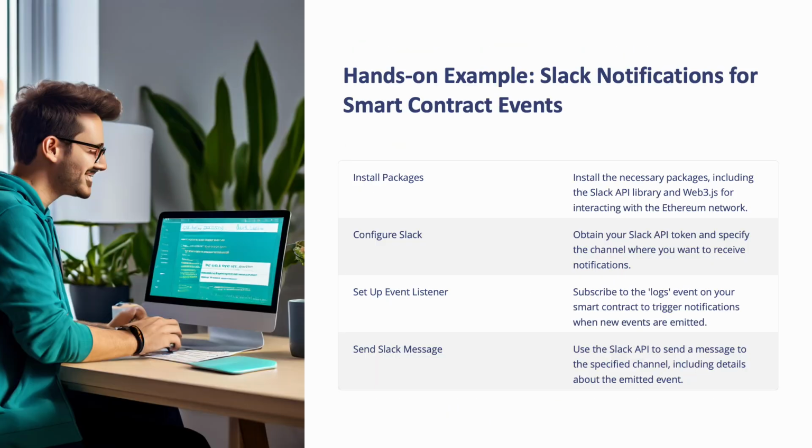Here is an example on using Slack notifications for smart contract events. These involve 3 steps: the Slack API setup, the smart contract event hook, and the serverless function integration. You set up a Slack app and configure it to receive messages from your DApp. The second involves modifying your smart contract to emit an event whenever a critical action occurs. And the third one is using a serverless function like AWS Lambda to listen for these events and send notifications